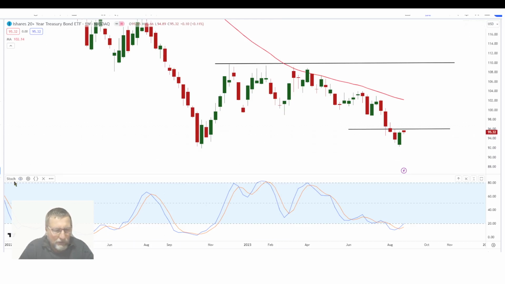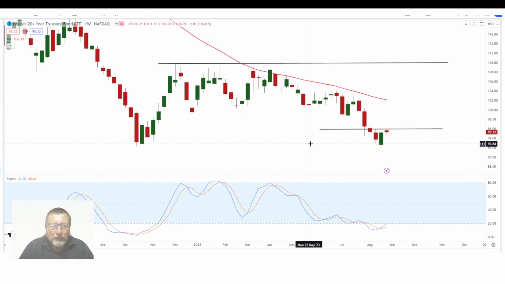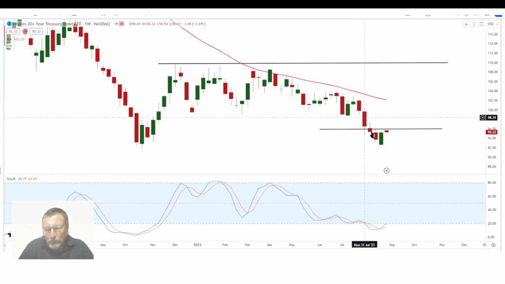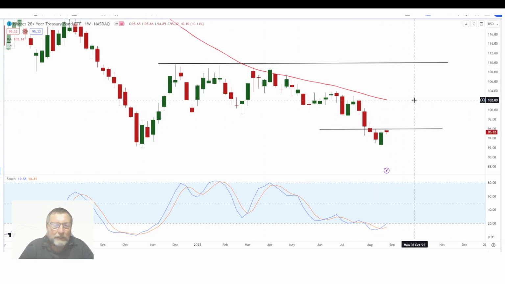There, of course, is the stochastic. It is nice and low, and remember, this chart tells you what the informed capital thinks is going to happen with interest rates. When this chart comes down, it's usually a sign that interest rates in America are going up. But when the chart wants to go up, it tells you that interest rates may go slower or even be held at certain levels and maybe get dropped a little bit, so get lower. So if you want to make a decision on interest rates, you will definitely look at this chart.